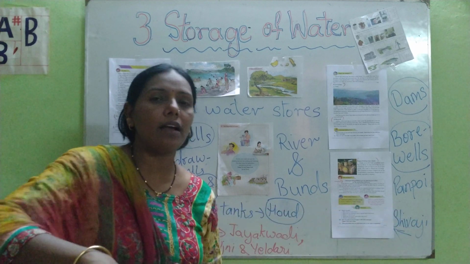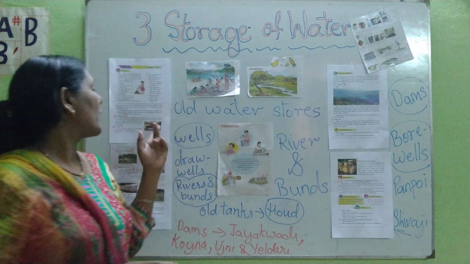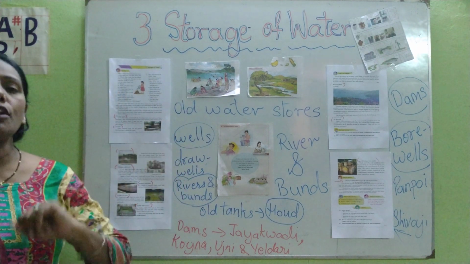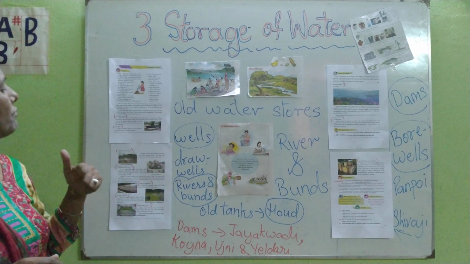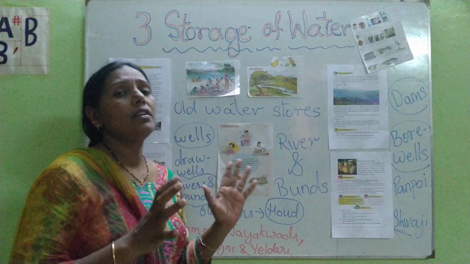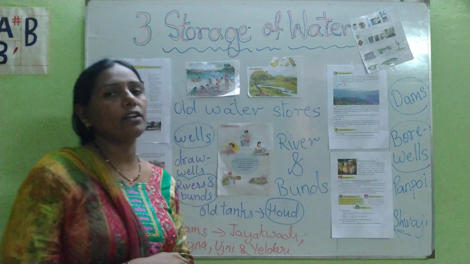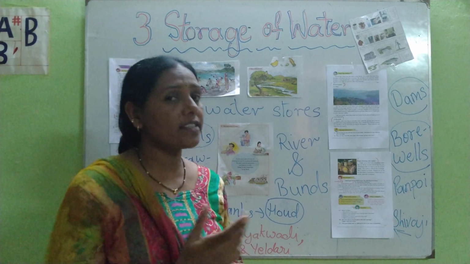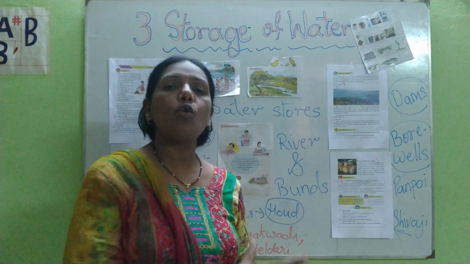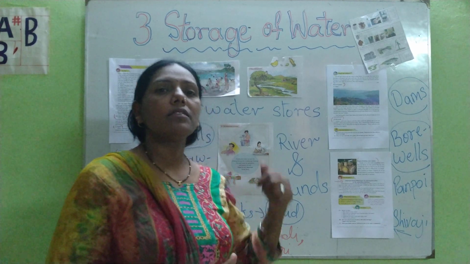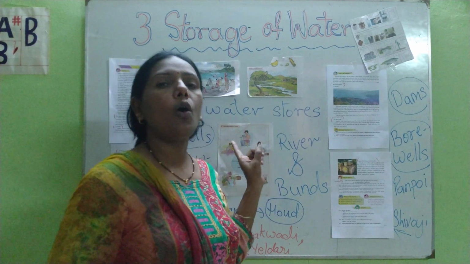The walls were made around so that they could protect the water. So the people living in the fort used to dig the wells to store the water and fulfill their need. That was the resource made for the people. They were not totally dependent on the rainwater, because as I told you, the rain used to fall only for 3 to 4 months. So we need water throughout the year. So this was helpful, that they used to dig big wells and the water was stored in the well.